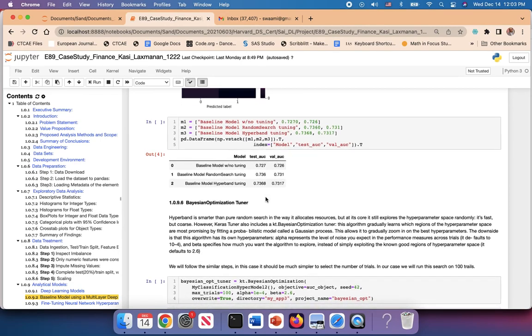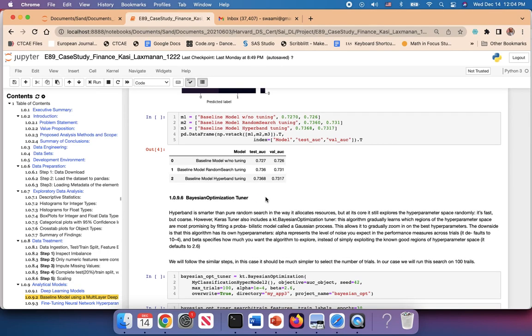Even though the hyperband tuner is slightly smarter than a pure random search in the way it allocates some of the search resources, in the sense that it runs on a smaller data set, and then once it comes up with a hyperparameter space, it runs on the full data set, it's still very coarse, even though it's very fast. So we will look at the Bayesian optimization tuner,